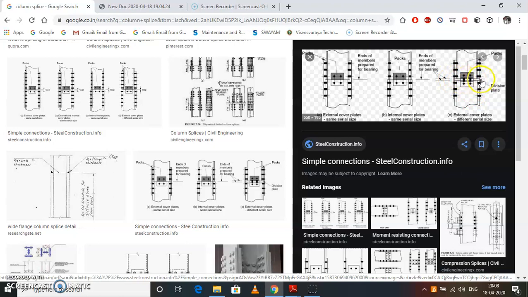We have to design this base plate and we have to design this flange splice, but there is a gap between the upper column and the flange splice. That gap has to be filled by some packing plate, and this upper column and this base plate have to be connected by using angle sections. As well, the lower column and the base plate are to be connected by using ISA angle sections.